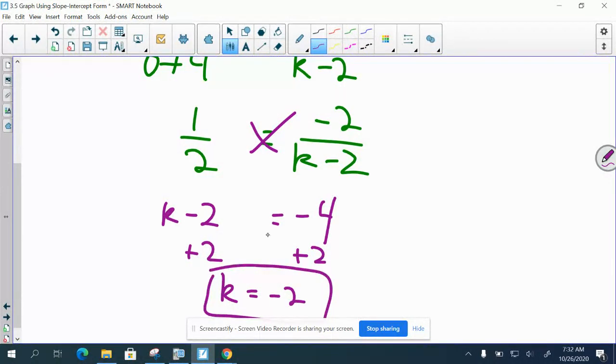Okay, and then you can also check your answer. So if you plug -2 back in here, this would be -2 minus 2 is -4, so you have -2 over -4, which is +1/2. So the slopes are both 1/2 for